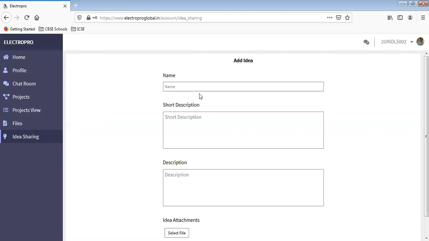The super admin will be able to see this and will get back to you. It will be a unique idea where you want the company to support you. If it is a unique project you want the company to fund, or a startup idea, you can share it here. If it is a regular project, you can share it in the projects folder. If it is completely unique, you can share it here.